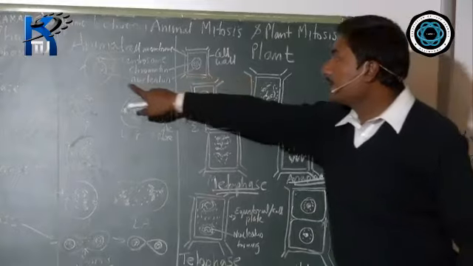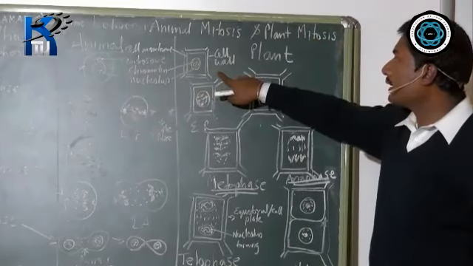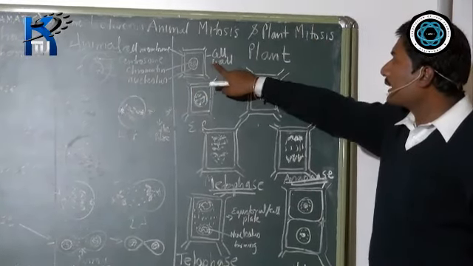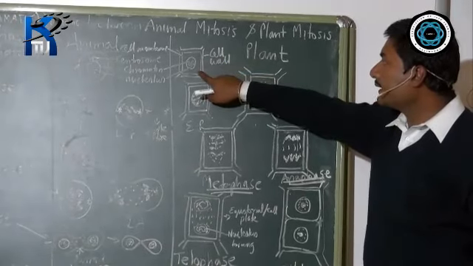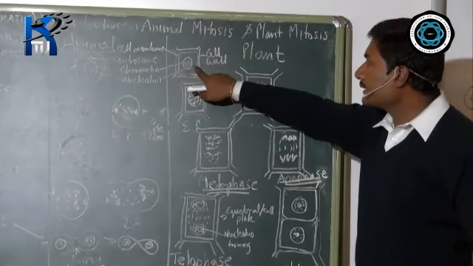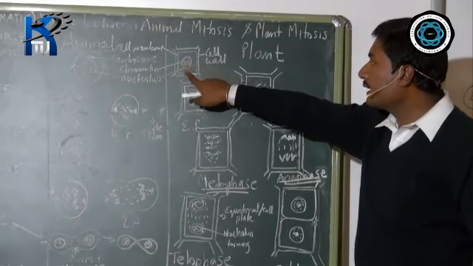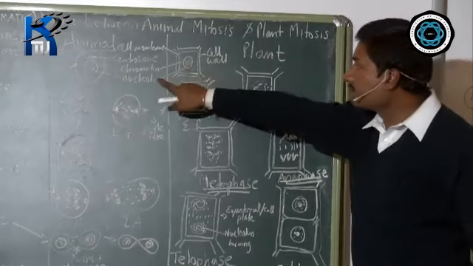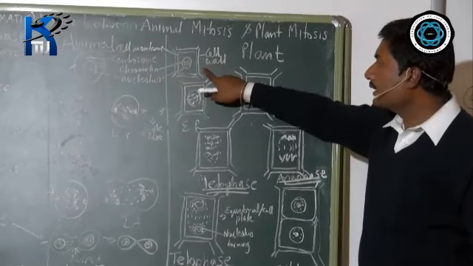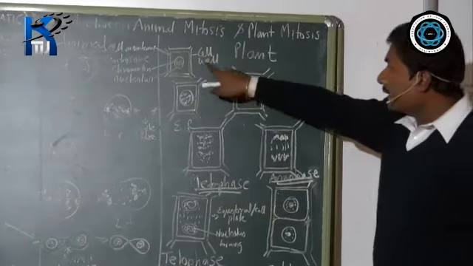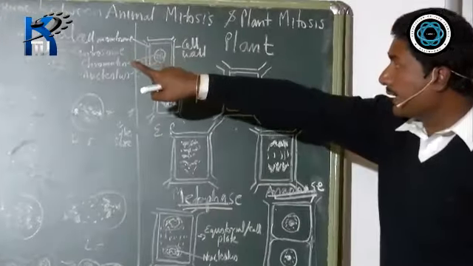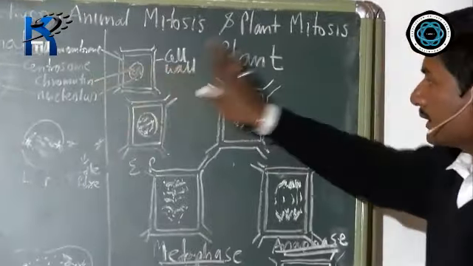If you find it is a single layer, it is a double layer. Here you see double layer, outside layer is cell wall, inside layer is cell membrane. You have the nucleus and you have the chromatin, thin thread-like structure, that is the chromatin, then the nucleus. What is making the difference? Cell wall is making the difference. Now, in the interphase state, in animal and plant cell, both of them are same.